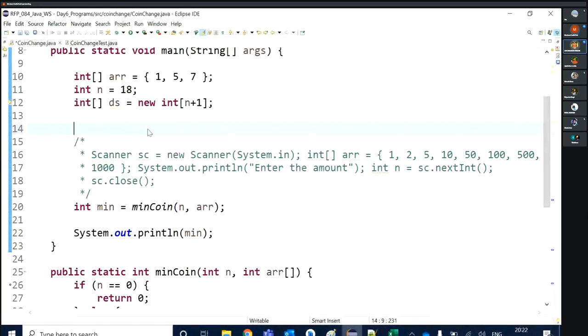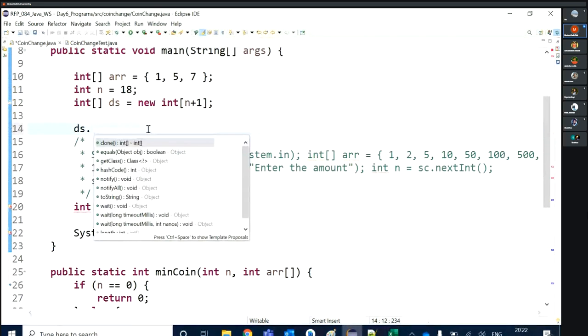List is basically an interface, but ArrayList and others are all subclasses of that interface. We will see the concept of interface, abstraction, all these things later. But how to fill this ds array with -1?